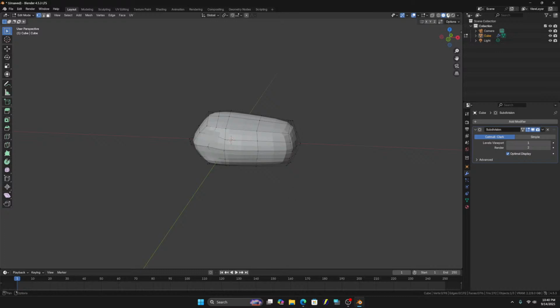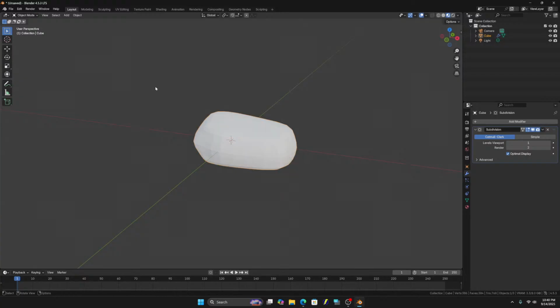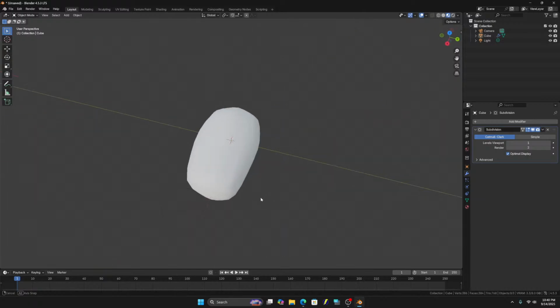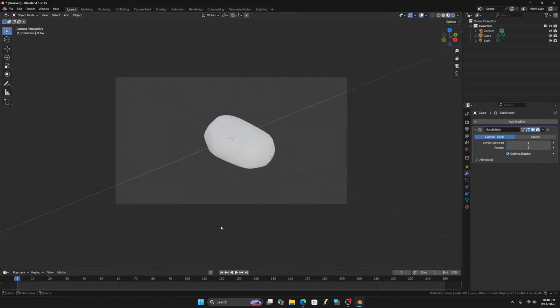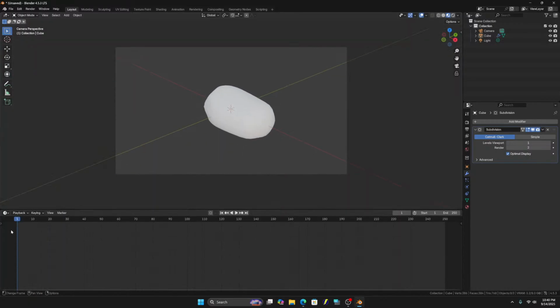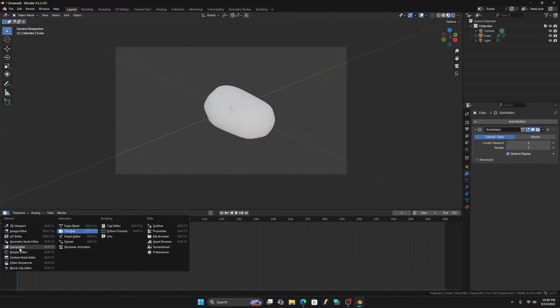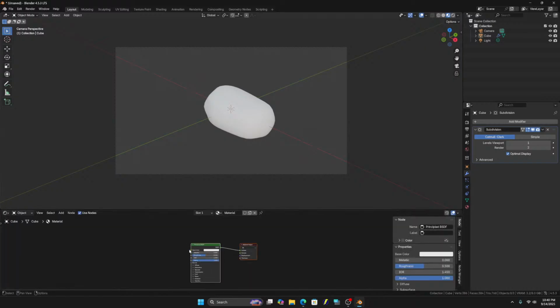All right, so we got this rock here, sort of. Let's tab out of edit mode. It looks not like a rock per se, because it's like a perfect smooth white thingy. So we're going to kind of shortcut everything. We're Bob Ross going on. Gonna hit the shader editor. Let's go grab some stuff